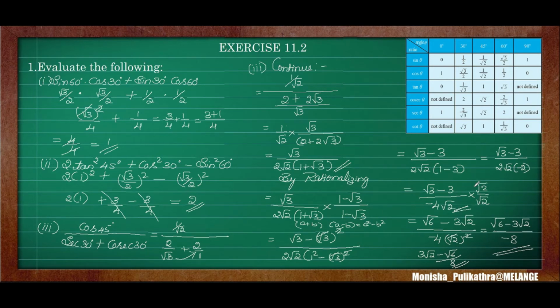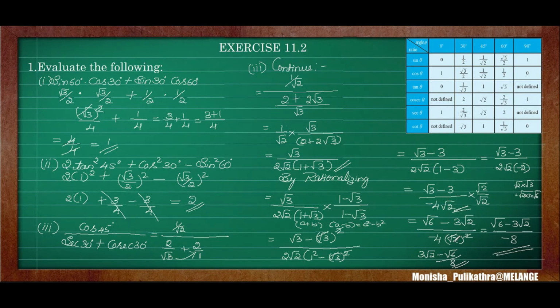Next directly multiply. Root 2 into root 3 will become whole root of 2 into 3, which is root 6. Okay. So root 3 into root 2 is root 6 minus, you can't multiply directly if both numbers are inside the root. You can multiply it directly like this. But here one number has no root but one number has root. So in this case you have to multiply it like this. 3 into root 2 is 3 root 2. Okay. So divide by minus 4, place as it is.